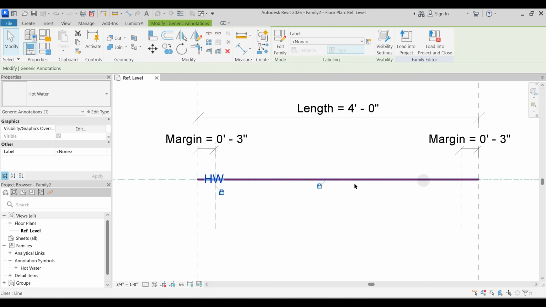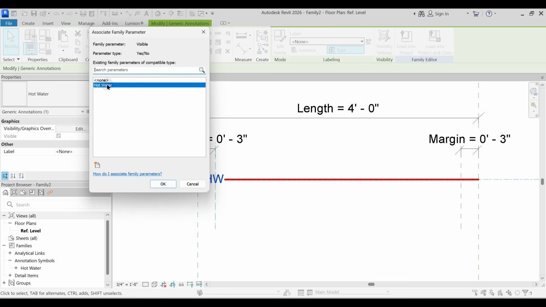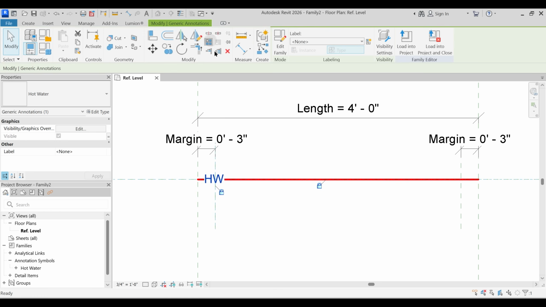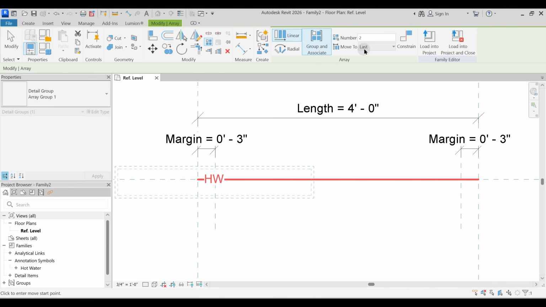Now I want to multiply this. So what I will do first is select this particular thing and associate this visibility equal to hot water as well. Okay, and with this now I will just click this and create an array of that. Move to last,